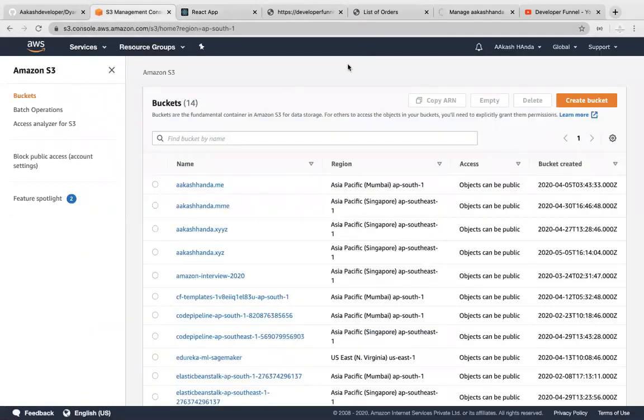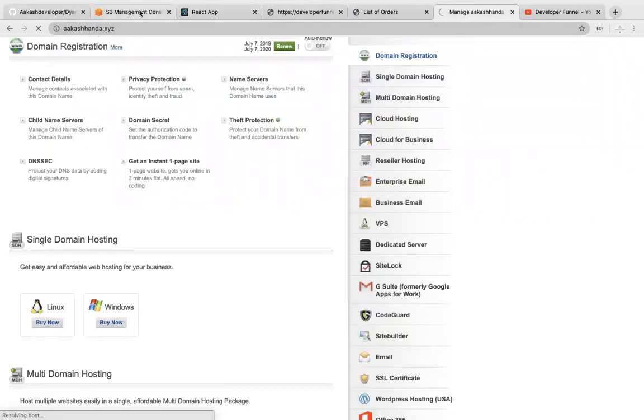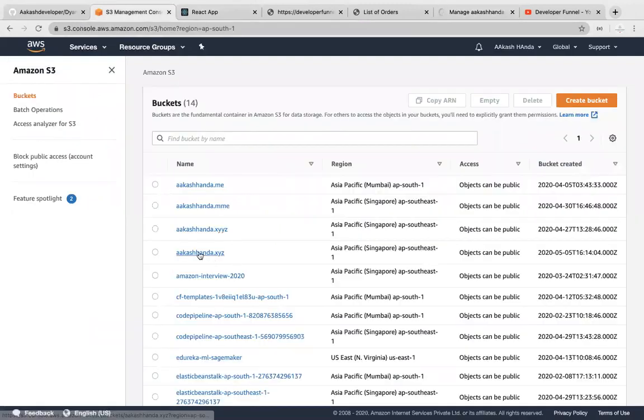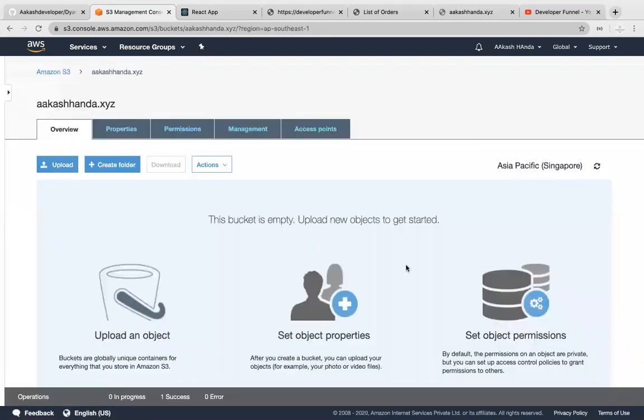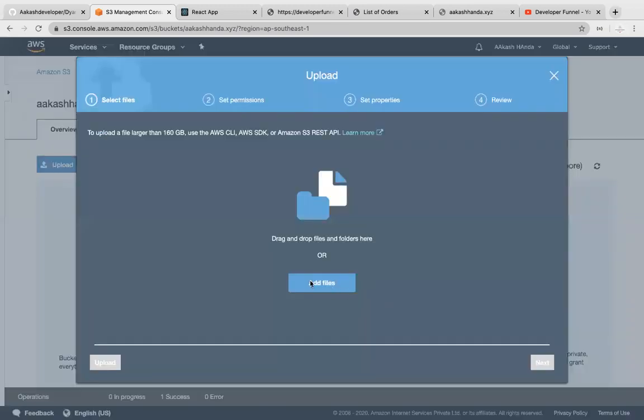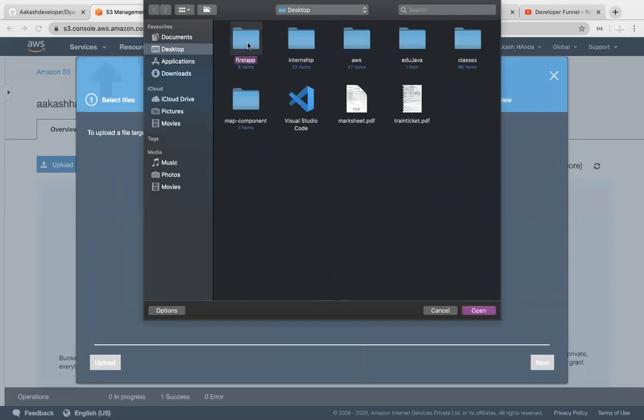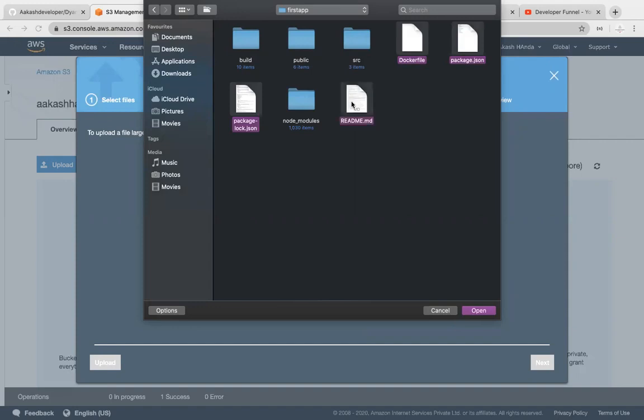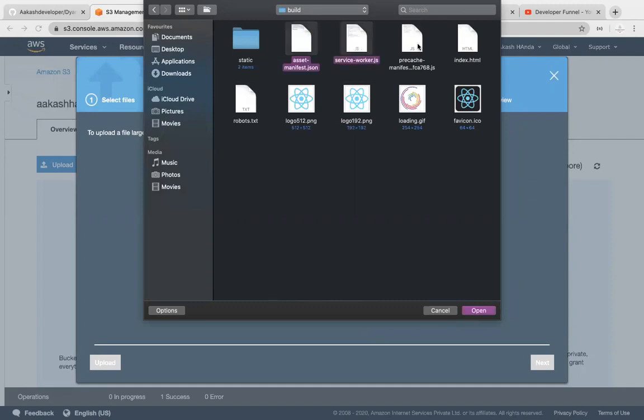So when I host my website on S3, I have to make sure I connect it with this URL. And when I have to connect to this URL, my bucket name should be the same as this particular URL that we are having. Now what I'll try is to replicate the same thing that is in our folder on this S3 bucket. So we'll go back to our first app and pick those files first of all. Not from the complete folder, open the build folder and pick the files from the build folder because ultimately, at the end, we just need the build code, no node modules, nothing else.